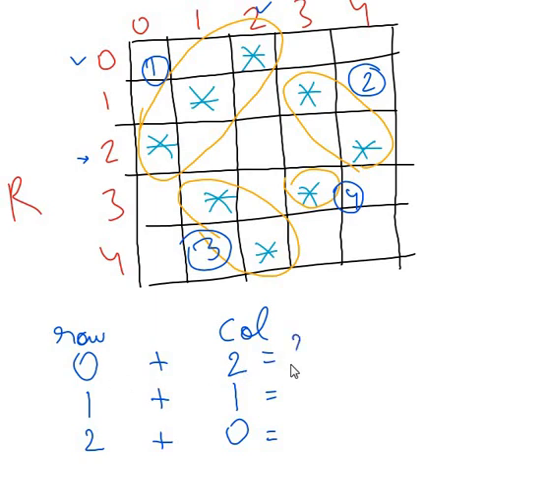0 plus 2, 2; 1 plus 1, 2; 2 plus 0, again 2. So the sum of row and column will always be 2. So this was the pattern, that's why we chose this pattern in this way. Okay,